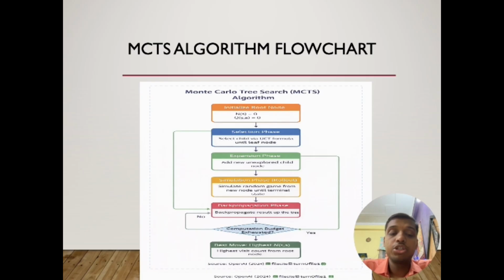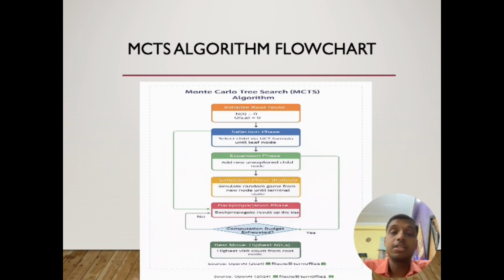After the back propagation phase, the algorithm checks whether the computation limit is reached or not. If the limit has not been reached, the process repeats again, starting from the selection phase. And if the computation limit is reached, then the algorithm selects the best move